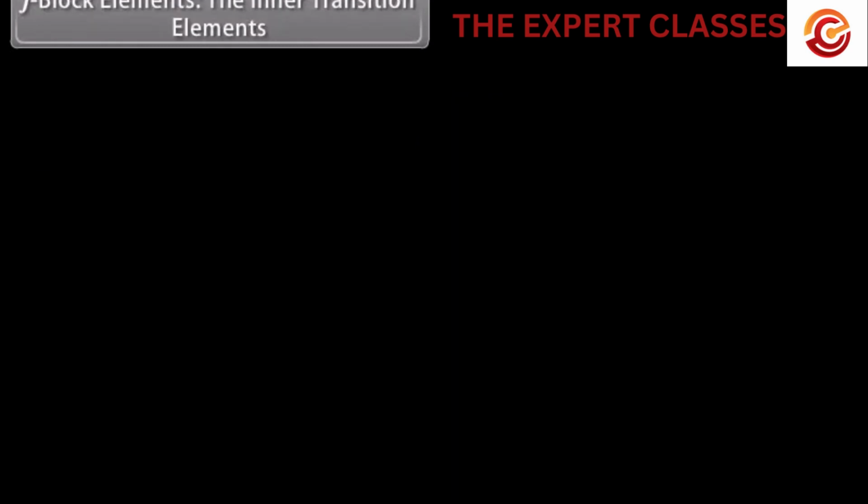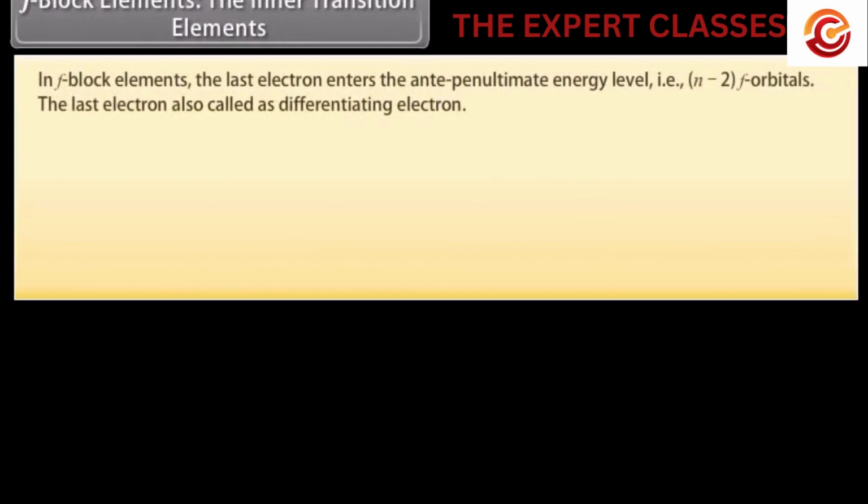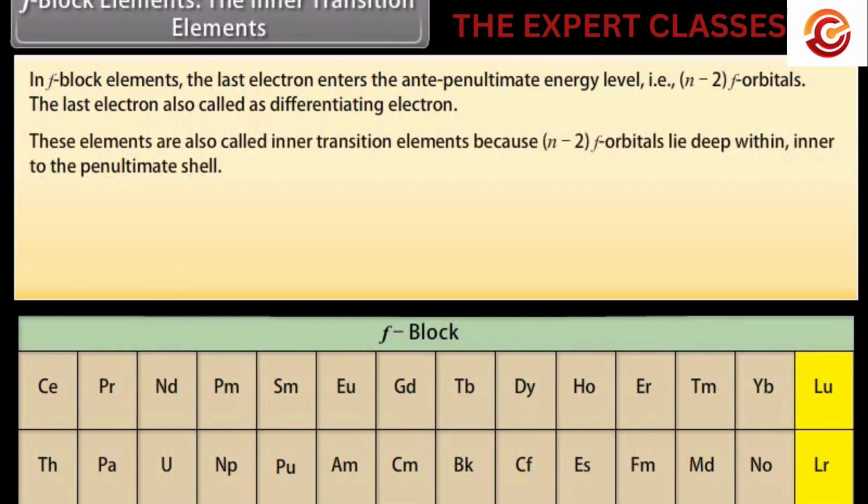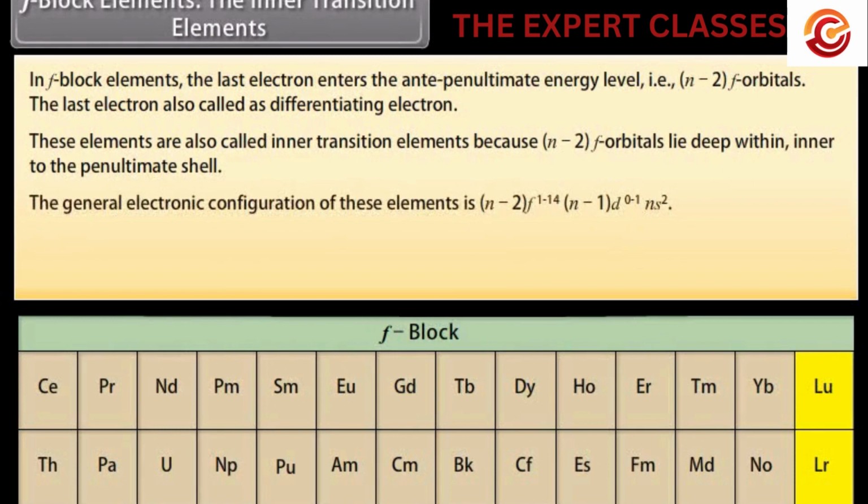F-block elements, the inner transition elements. In F-block elements, the last electron enters the antepenultimate energy level, that is (n-2) f orbitals, where n can be 6 or 7. The last electron is also called the differentiating electron. These elements are also called inner transition elements because (n-2) f orbitals lie deep within, inner to the penultimate shell. The general electronic configuration of these elements is (n-2)f1 to 14, (n-1)d0 to 1,